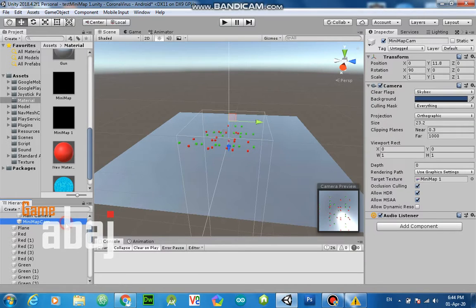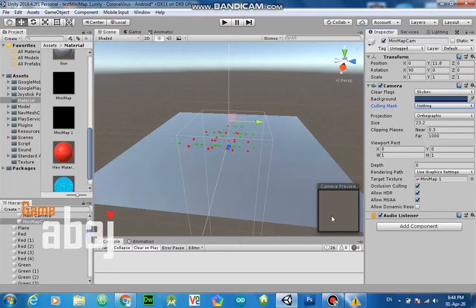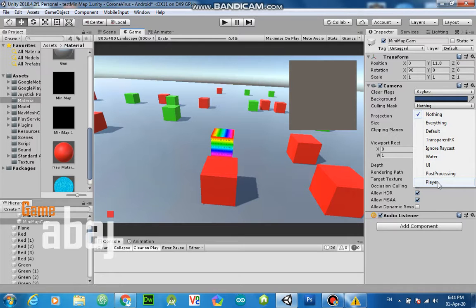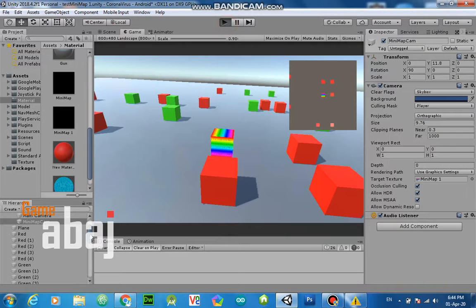So we go to our camera and set the culling mask from everything to nothing, so it shows nothing here, and also in the game preview of our minimap it shows nothing, and just select player. Done. Now only red boxes and our player are visible, so make the size a little bit like that so we see our player perfectly.